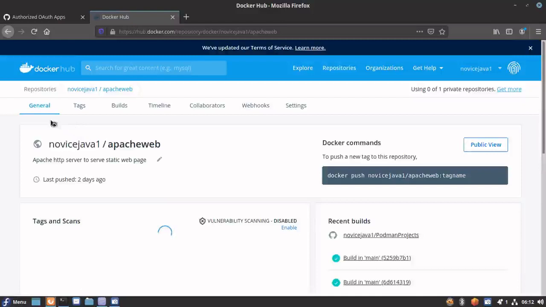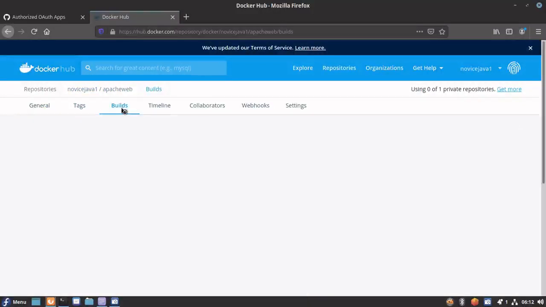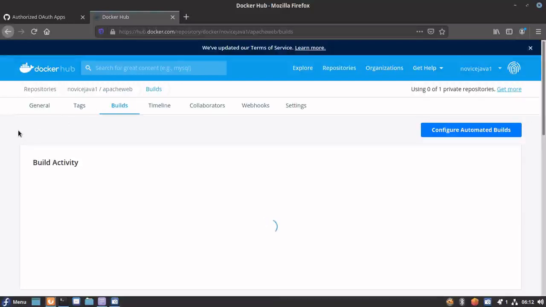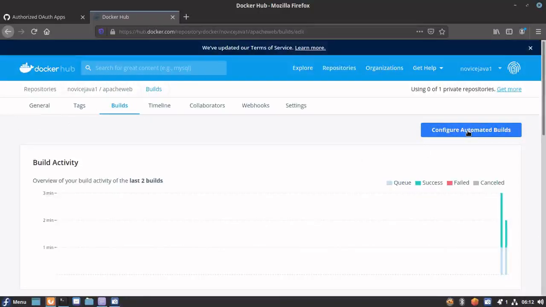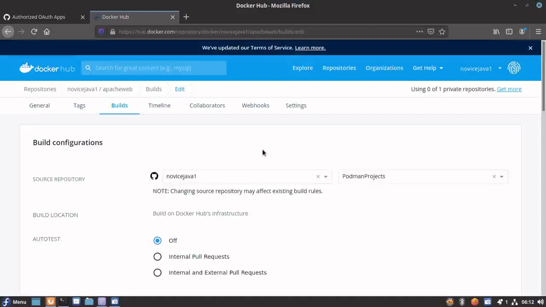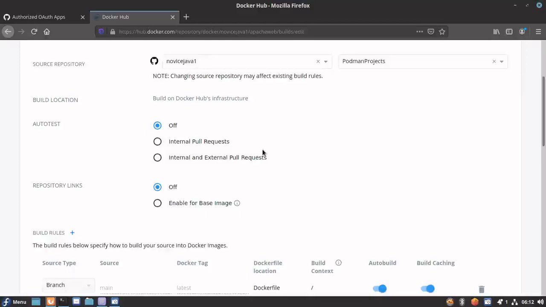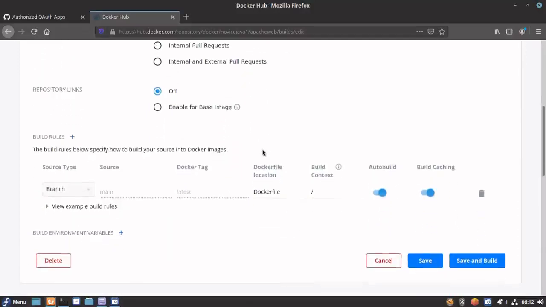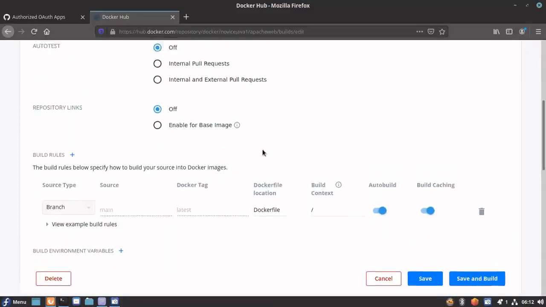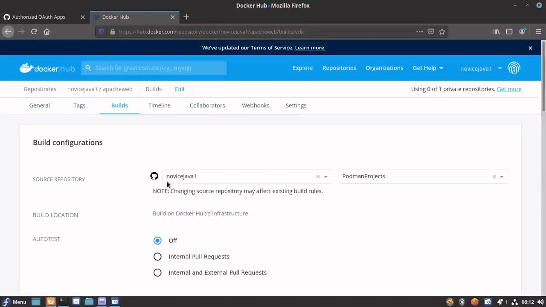In this, you can see there is a build section, build tab. We need to go into this one and we can do configure. The most important thing here is that we need to provide the repository name here.